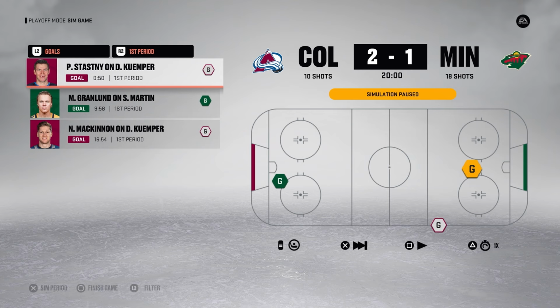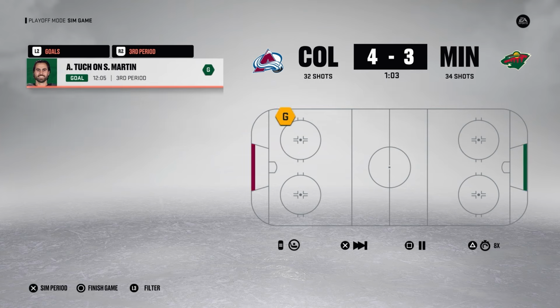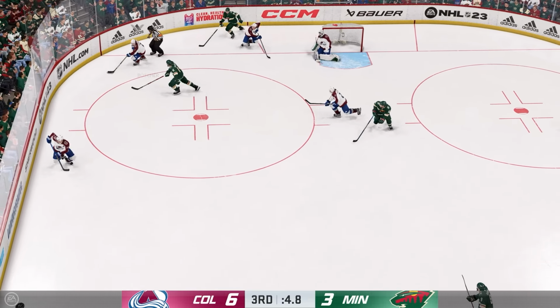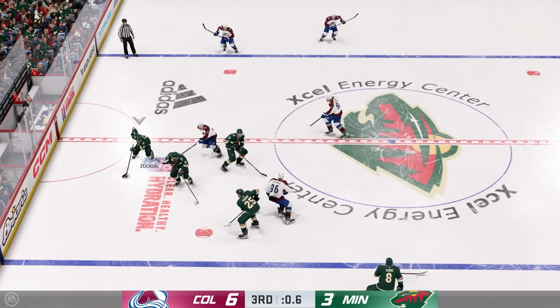Paul Stastny is going to be scoring a late goal in the first period, and that's going to give Colorado a 2-1 lead. And then in the second period, Colorado is going to find a way to pick up another 2 goals, so they're entering the third period with a 4-2 lead. Alex Tuch's going to do whatever he can to keep this game close, so he's going to score one halfway through the third period, and now we've got ourselves a 1-goal game. But when Minnesota had to pull their goalie, they just couldn't stop the Colorado Avalanche. The Avs are going to be picking up 2 empty netters,